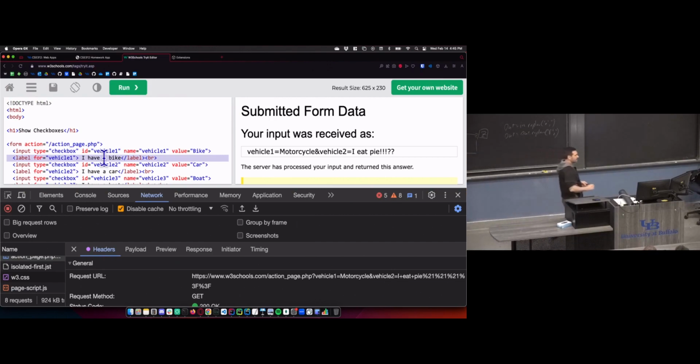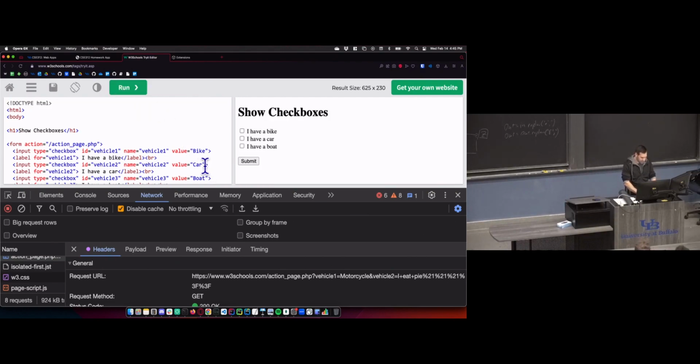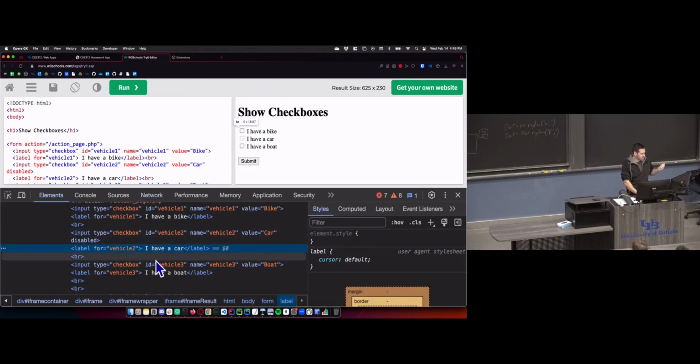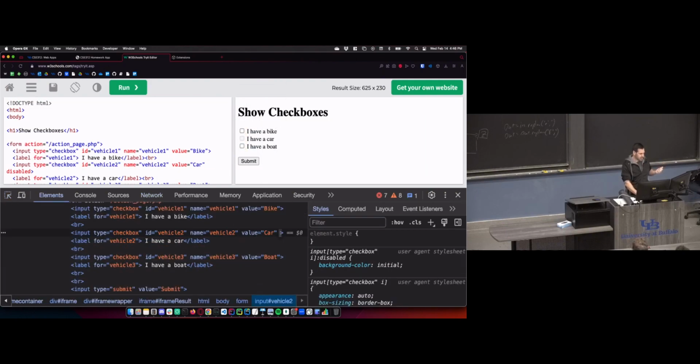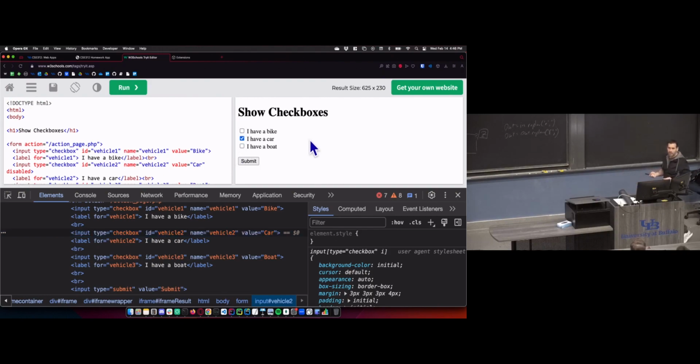So, I want to stop soon, but I want to make sure I say the things I say. You write your code and you say disabled. Now I can't click this checkbox because it's disabled. But we know that it's just HTML. I'm going to go to this thing in my console, delete disabled, and now I can still check this. So never trust your users that they're going to use your front end either. Don't think, oh, I disabled that checkbox so nobody can check it. You have to verify on the back end if they did what they were supposed to do, because they can enable things, they can change the values.